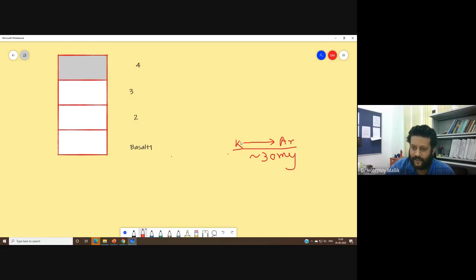Half-life means you have about half-life. So, say, for example, at the very beginning, there was 100% potassium in the system. And then after 30 million years, the amount of potassium will be 50% and the amount of argon will be 50%. So the basic assumption is at the very beginning, everything was potassium. Okay? And then due to radioactive decay, potassium became argon after 30 million years, and the ratio is 50%.